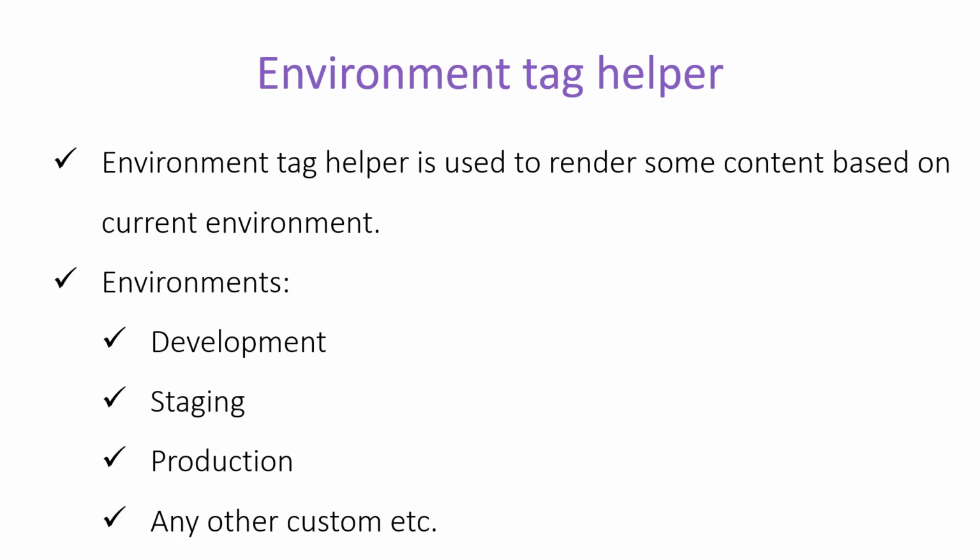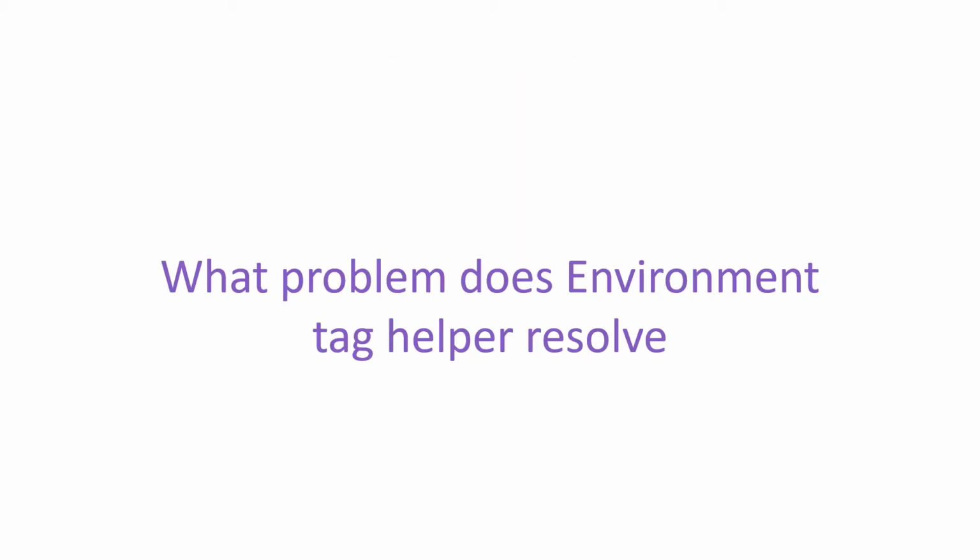For example, if I am working on the development environment, then in that scenario I want my application to behave in such a way that I can debug my application. But if my application is working in the production environment or staging environment, then in that environment I want my application to give the best performance, because at that time I do not want to debug my application. So there are several operations which are required to work specific to that particular environment.